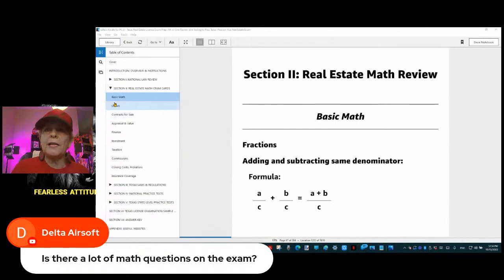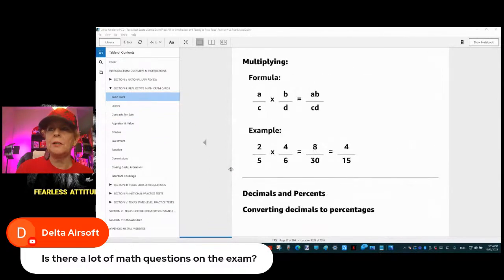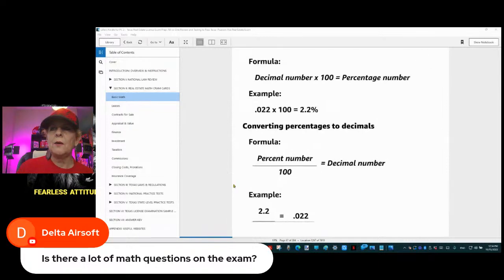You'll see little simple fractions like that you want to learn and understand. Percentages, how to convert a percentage written this way as a decimal into percentages, how to divide percentages, how